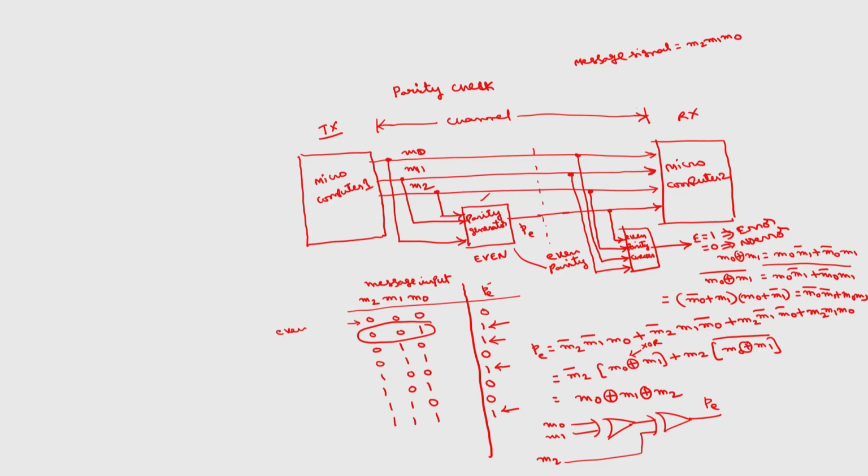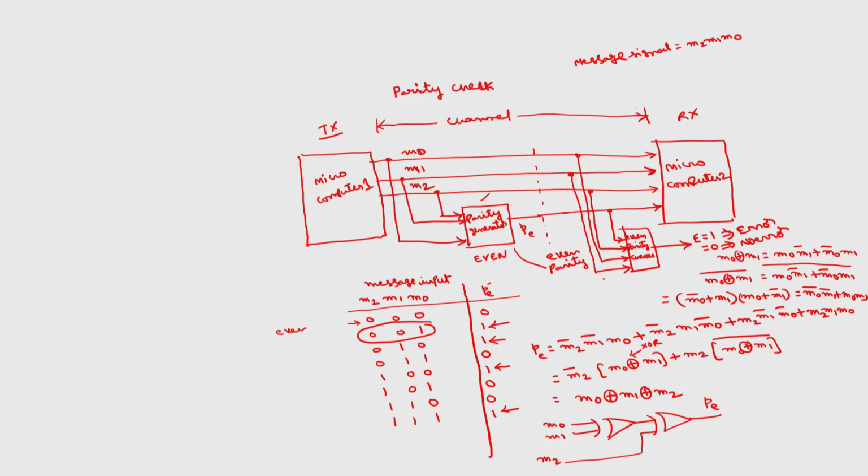Here I will assume that at the most one error will occur. If more than one error occurs, we have different techniques. So for this simple technique, I will assume that at the most one error occurs. If one error occurs and I receive odd parity here, it means there is an error, so E will be 1. Accordingly, you can design the even parity checker in a similar way. If I receive even parity here, no error, E should be 0.